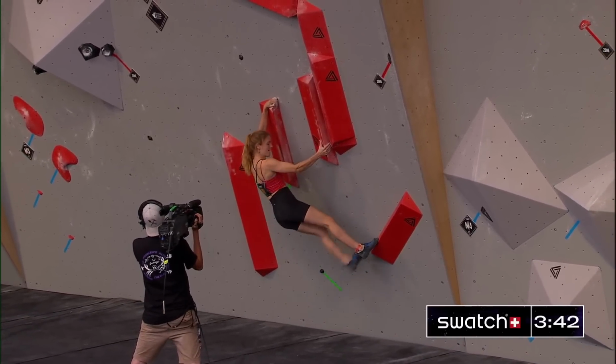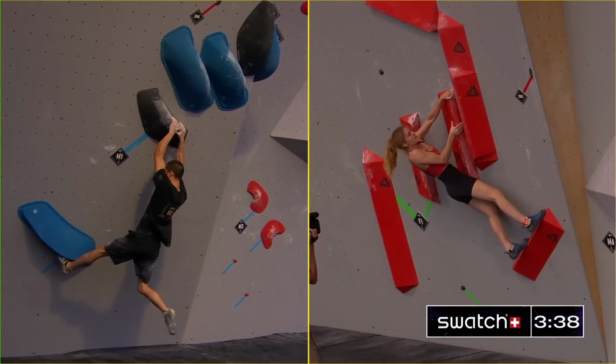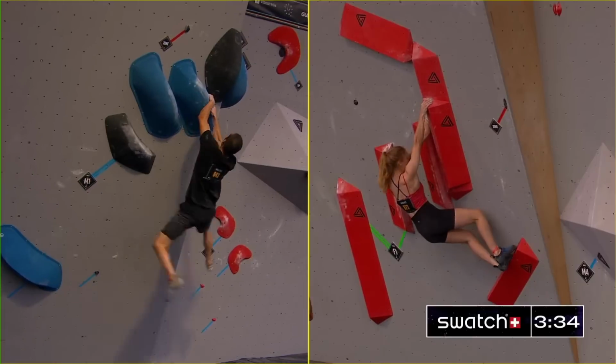Skin is an issue, so a lot of the holds tend to be brand new, and it's been very humid here in Montreal, so they'll have thin fingertips. Interesting. I didn't even really think about that, but I guess, yeah, with this humidity, you're going to...